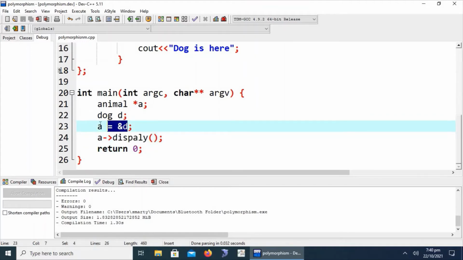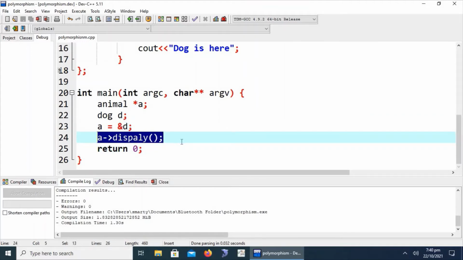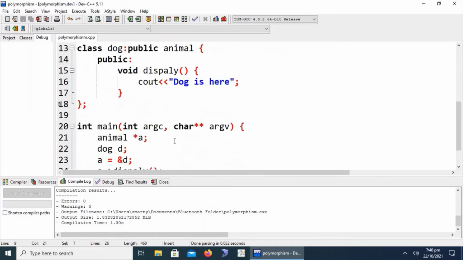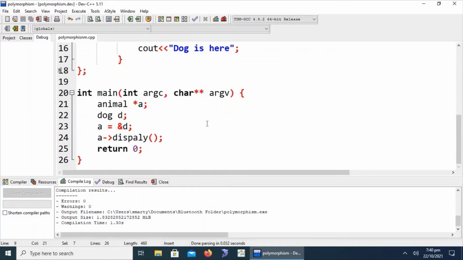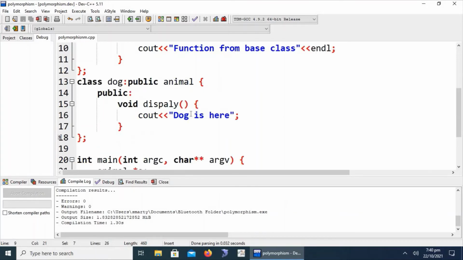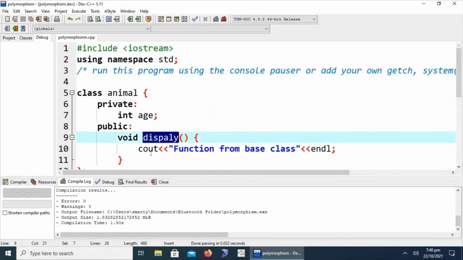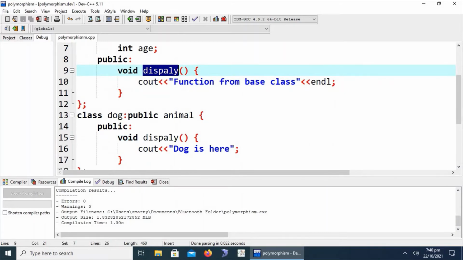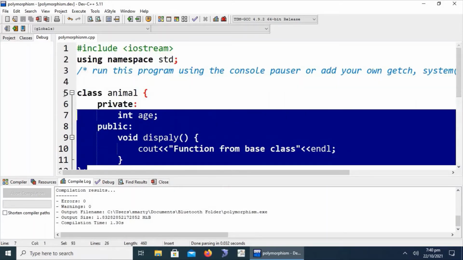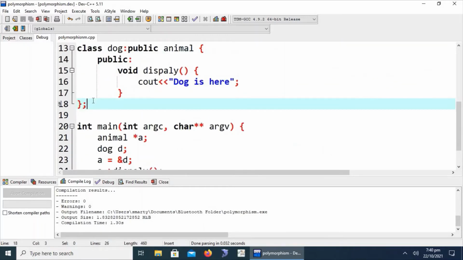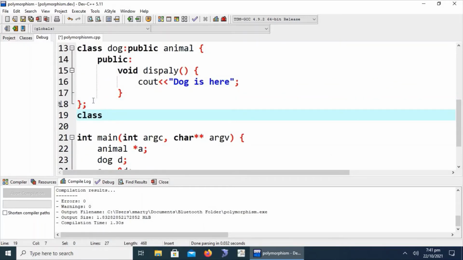In actuality, the address of the derived class is given to the base class pointer, and calling the method through the base class always calls the method of the base class. That is called static binding, early binding, or compile time binding. Now we have to clear this concept. What is static binding, early binding or compile time binding? It means an object of the base class is bound with the attributes or data members or member functions of the base class whose object this is.